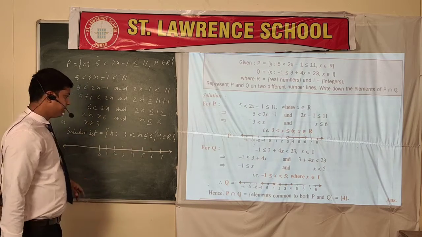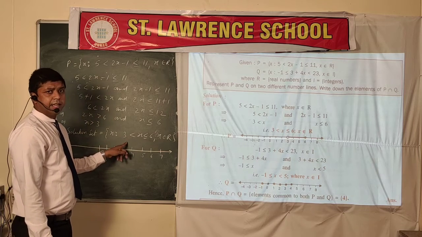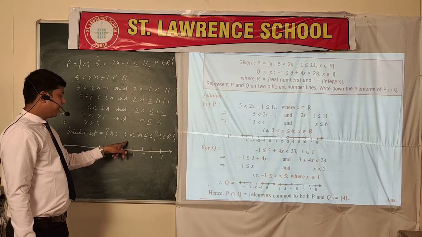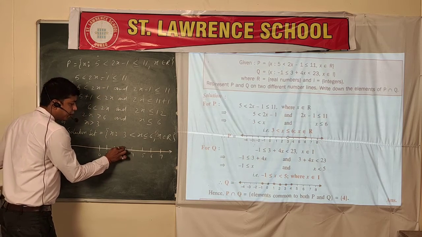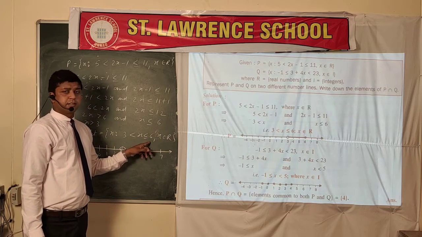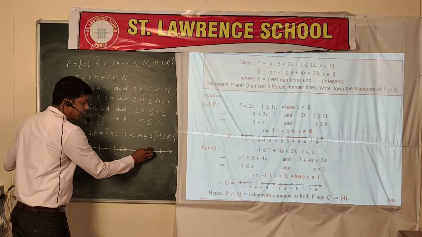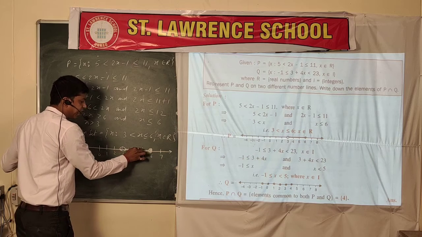One extra always. 3 is here and X is greater than 3 means 3 has not to be included. 3 will not be included, and when the value is not included, we draw a hollow circle there. And here it is written X is less than or equal to, which means 6 has to be included. If 6 has to be included, then you have to put a dark circle on that number 6 and darken the line. Darken the line, why?